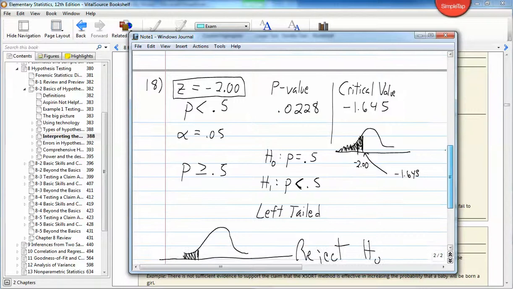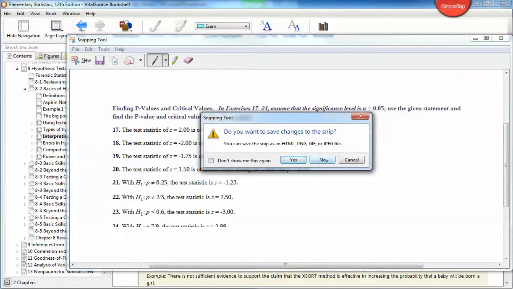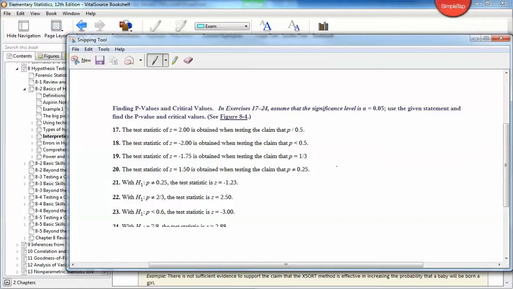Alright, so that's how you find a p-value and the critical value. And we will definitely have more practice testing the hypothesis. Let's do one more. Find the p-value and find the critical value. Alright, so